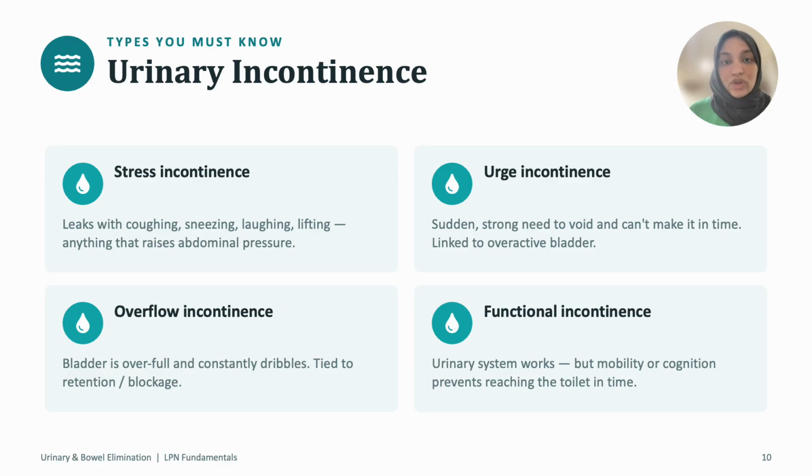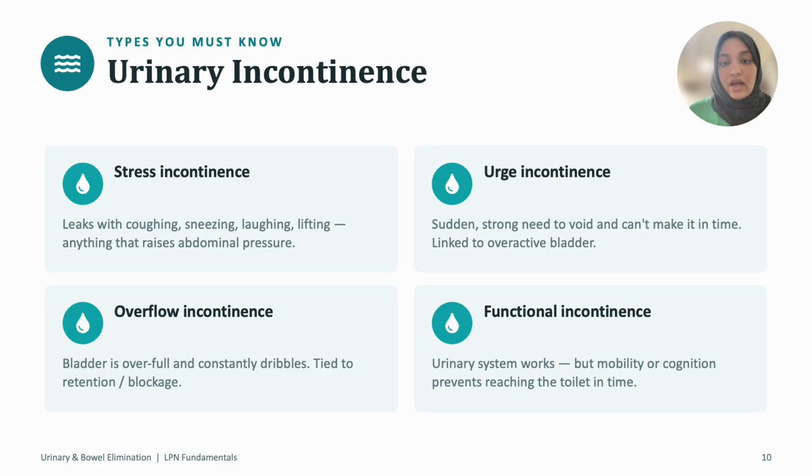Overflow, the bladder is so full it just dribbles. It is tied to retention. They can't fully let go of the urine. Some of it is still filled in, and so what happens is that it just continues to dribble. It's basically like having a water bottle that's still full, but you haven't closed it properly, and so it's leaking. All right, functional is the bladder works fine, but the person can't get to the toilet, maybe mobility or